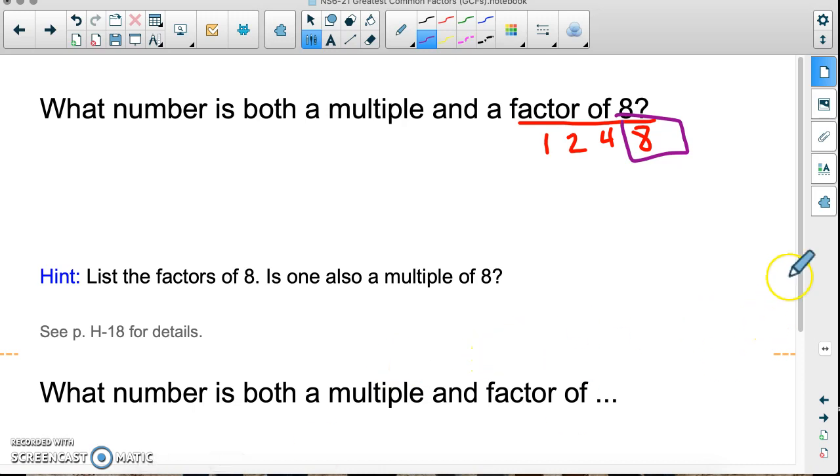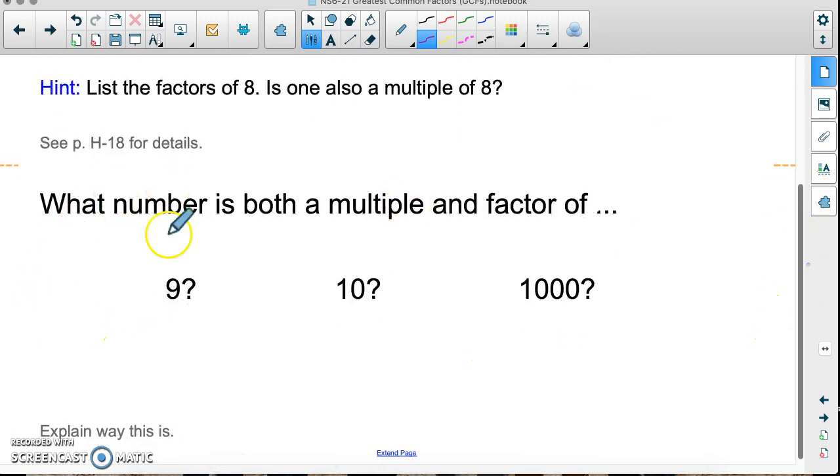So what number is both a multiple and a factor of 9, 10, 1,000? Well, the answers are just 9 itself is a multiple and a factor of 9. 10 itself is a multiple and a factor of 10. 1,000 itself is a factor and a multiple of 1,000. This is because the factors of a number are never greater than the number, but the only multiples of a number that are not greater than the number are 0 and the number itself. So since 0 is never a factor, the only multiple that can